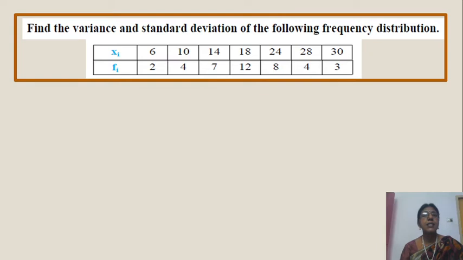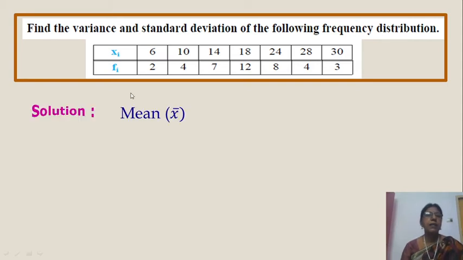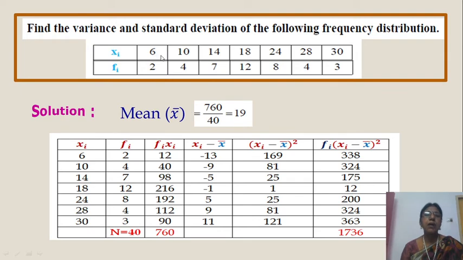Okay, here only we have given xi, not class intervals. Now see the second problem. Only xi given in the first problem. In second problem, we have given xi fi also. Okay, ma? In second problem, we have given fi xi. See this one. For mean method, only mean method. In last problem, we have given xi. So mean is sigma xi by n. But here frequency is also here. So mean is sigma fi xi by n. See this? Sigma fi xi by n.